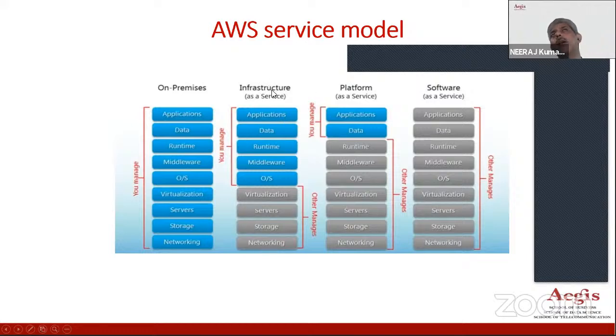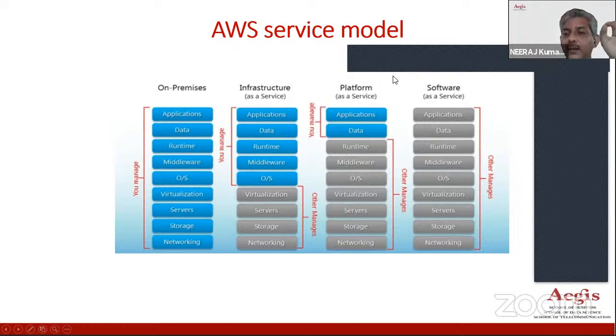So you can think of AWS as a service provider who follows the model of IaaS, but AWS also follows the platform model. Some of the services are platform as a service, where they provide the complete thing. You just think about your application which you want to run or the data. So the ownership of application and data is with you. The rest is all managed by AWS. Such a setup is called platform as a service.